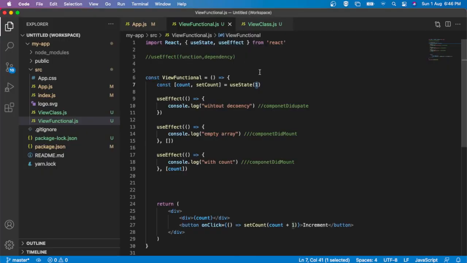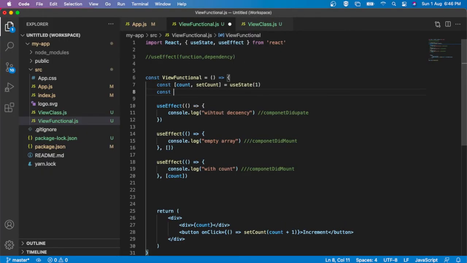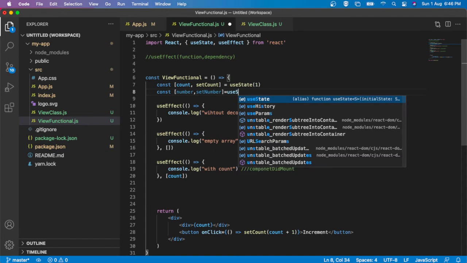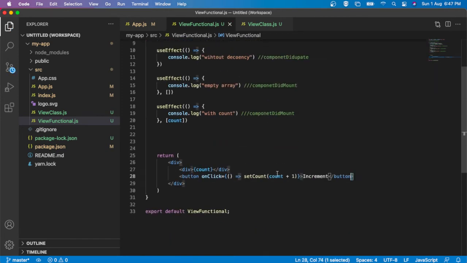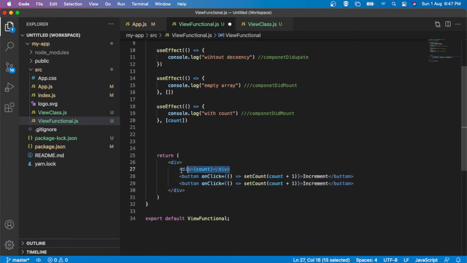I can explain this in one more way. I am going to declare one more state here, number, setNumber, useState 1. Now I am going to add that value here, along with the count value, and pass number here.